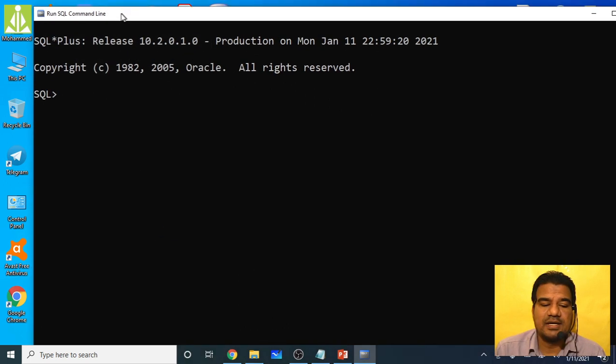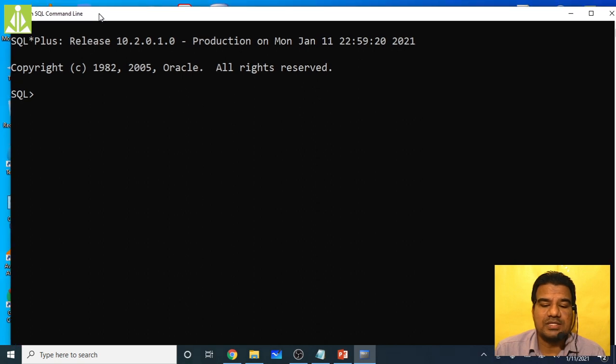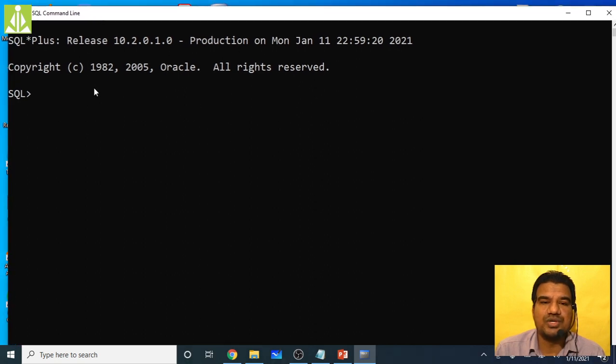Now what I said, after opening the SQL command prompt, I told you to create your own user, isn't it? So first, for creation of our own user, we have to open the administrator. How to connect to a particular user? We have to use the connect command. This we have practiced in your regular session. So connect, then hit enter.